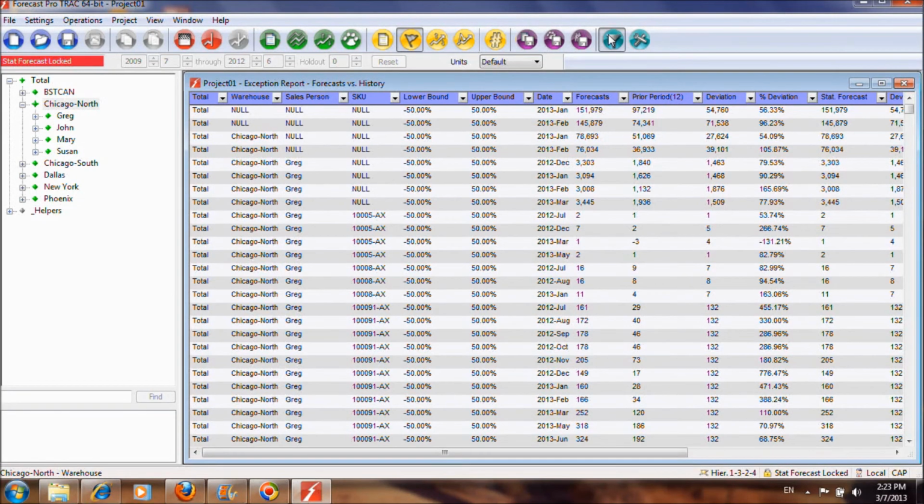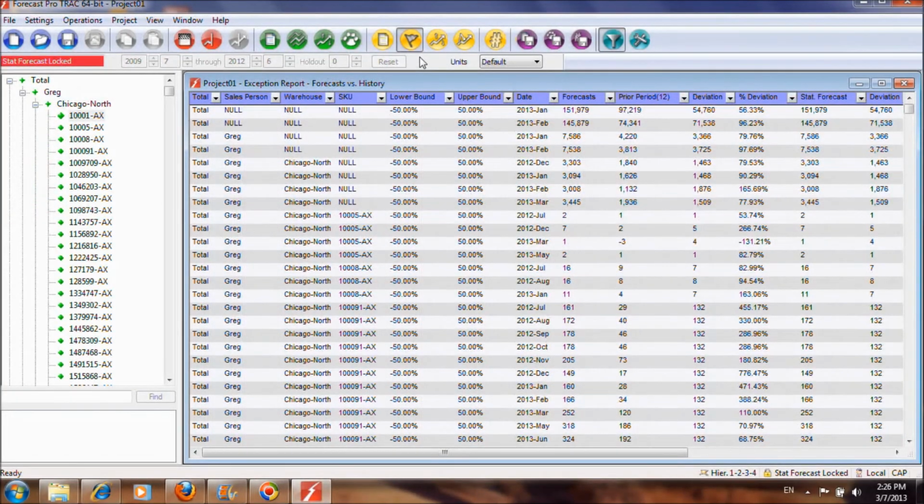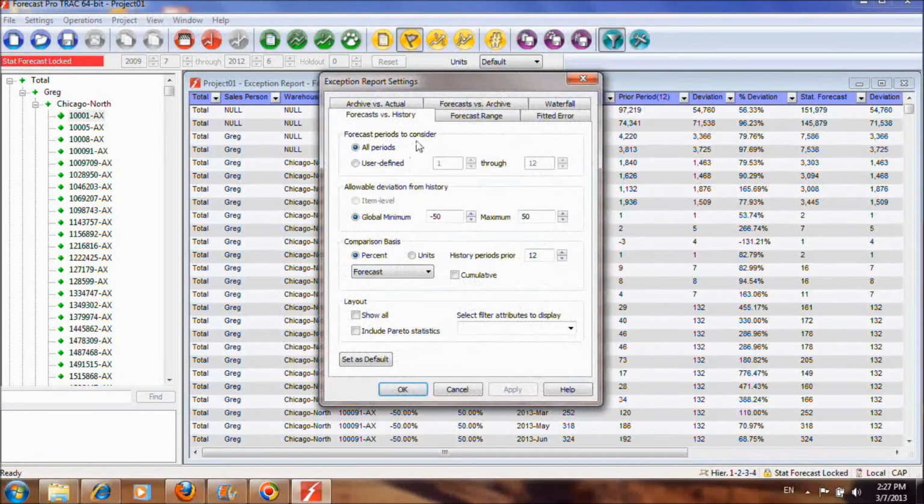For example, only show me a report that shows my items where I was off by 50% or more last month. Forecast Pro has 6 different exception reports available. We can do things like compare our current forecasts to our historical data, compare our current forecasts to forecasts we've created in the past. We can flag things outside of a certain range. And of course, we can also compare our forecasts we created in the past to actuals as they've come in,